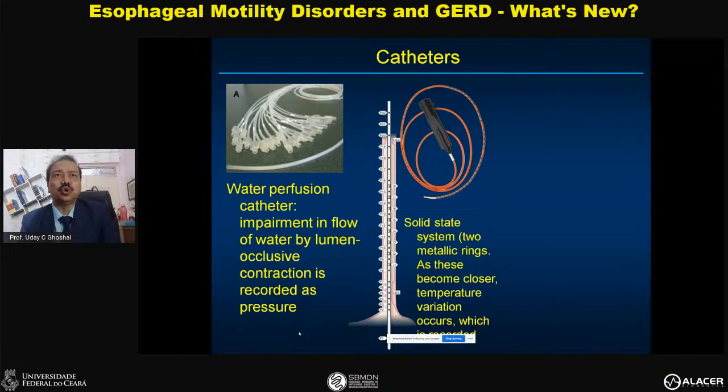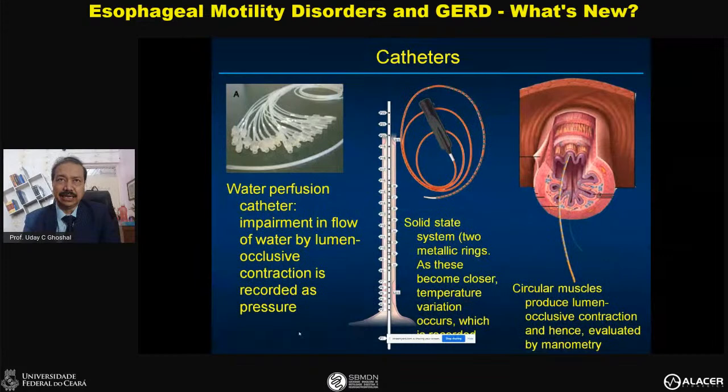On the other hand, in solid state catheter, typically you have two metal rings, and whenever these metal rings come close to each other because of circular muscle contraction, this leads to variation in temperature locally, which is recorded by the system. Obviously, I told you that manometry typically assesses the circular muscle. I'll show you later with the current high resolution Clouse plot, you get a good idea of the longitudinal